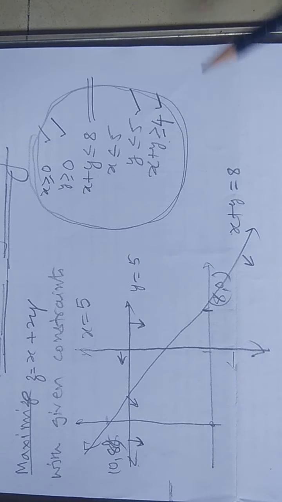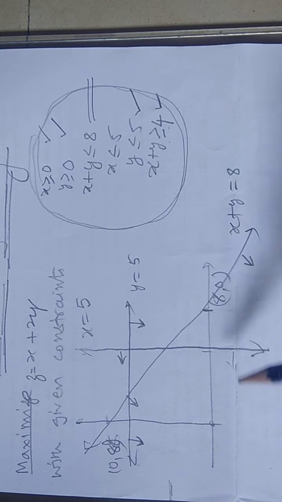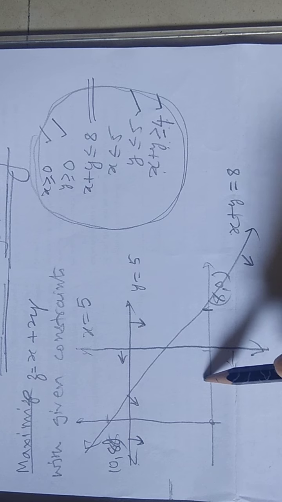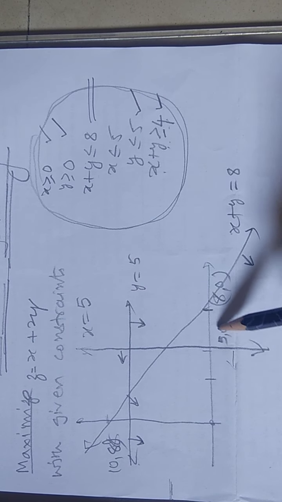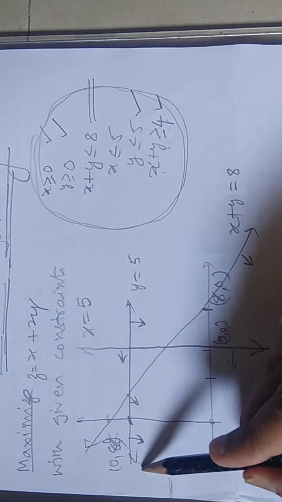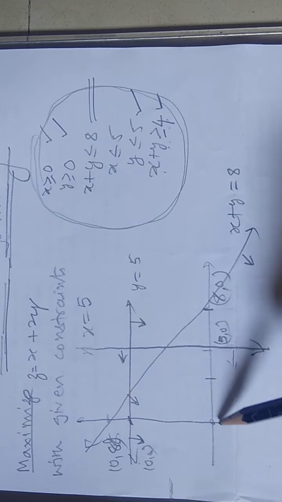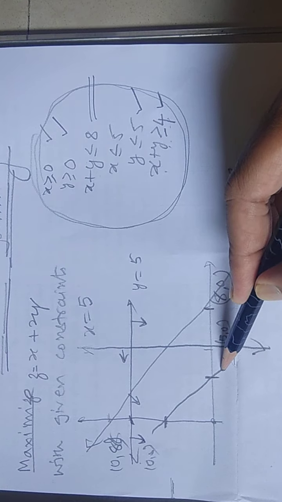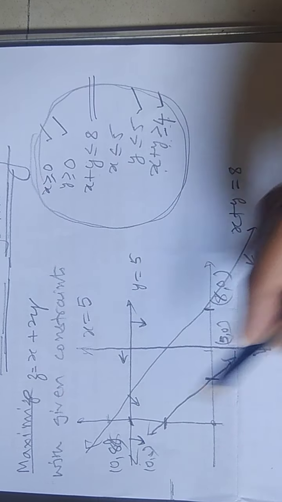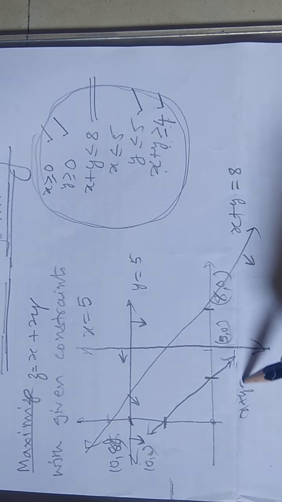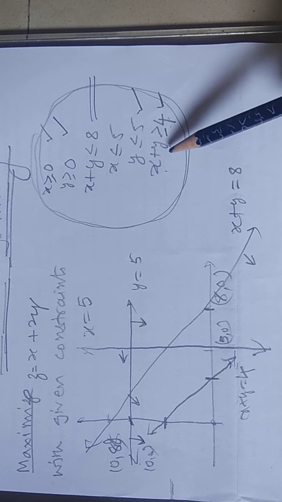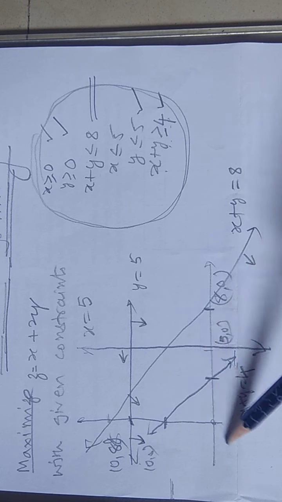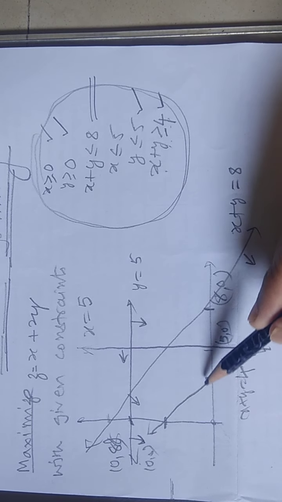One more equation I have to write: x plus y is greater than or equal to 4. So x intercept is 4 and y intercept is also 4. Somewhere here it is 4. You are supposed to write 4, 0 here, and 0, 4 over here. One more line will be there whose equation will be x plus y is equal to 4. But if you put 0, 0 in this inequation, it is not true. Do you remember not true and true? So your shading will be upside.